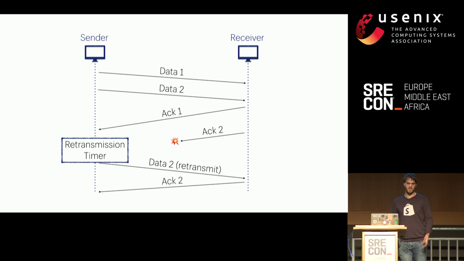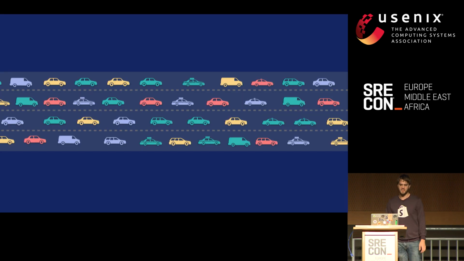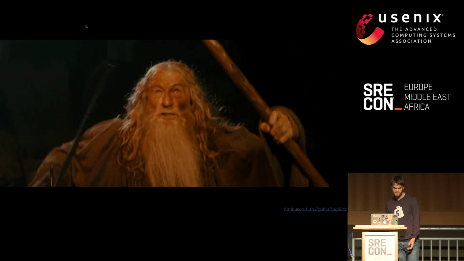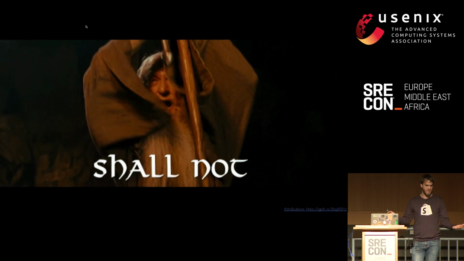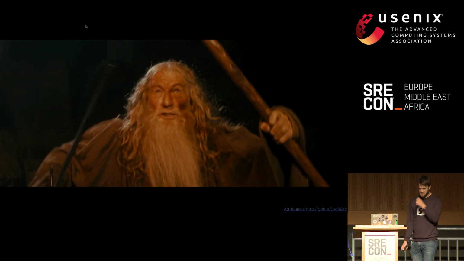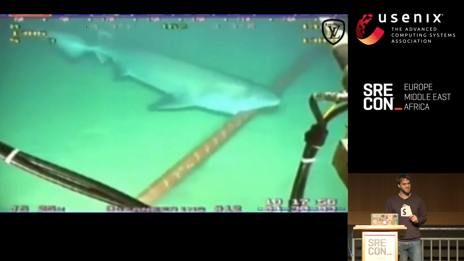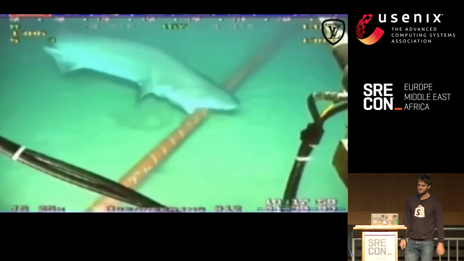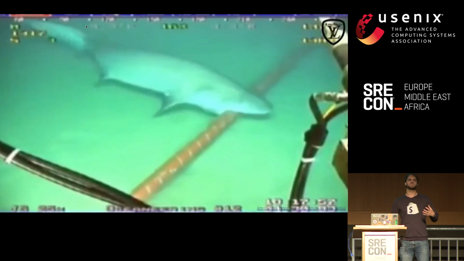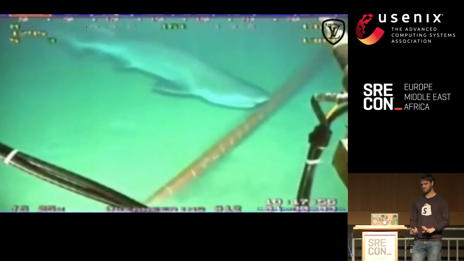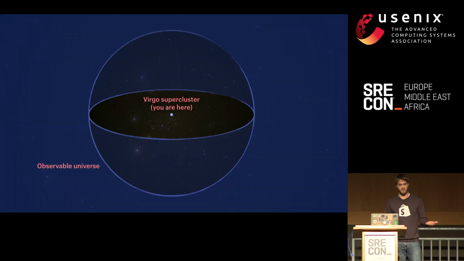So we were seeing these TCP retransmits, and they trigger during normal operation. If you see one of these, there's no reason to freak out. Maybe the network's congested, or a router could be busy, and packets just end up getting dropped. Firewall rules: sometimes you just drop the packets, no acknowledgements go back. Or maybe, just maybe, if you're really lucky, a shark comes and bites your underwater cable in half. But regardless of why, we're really concerned when there's a lot of retransmits. And that's exactly what we saw.